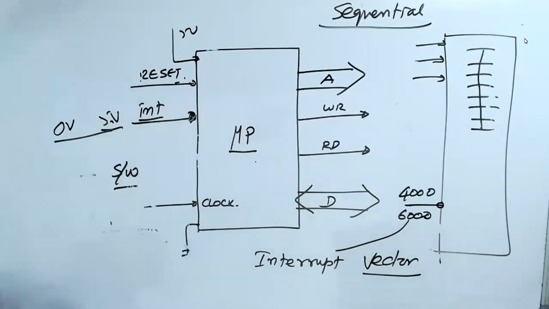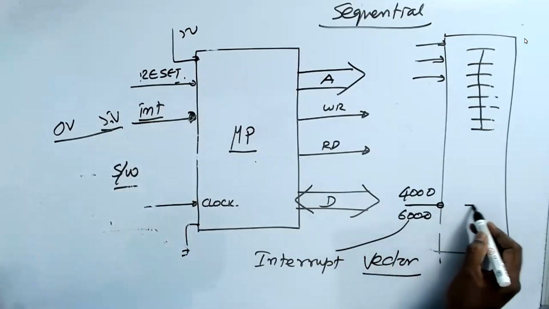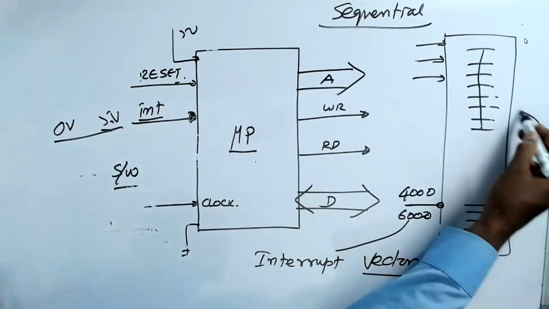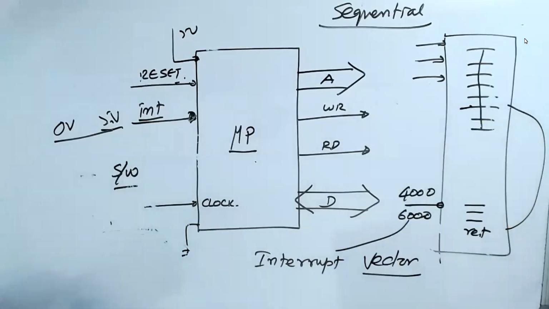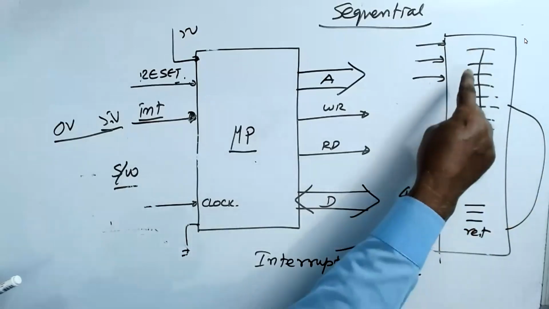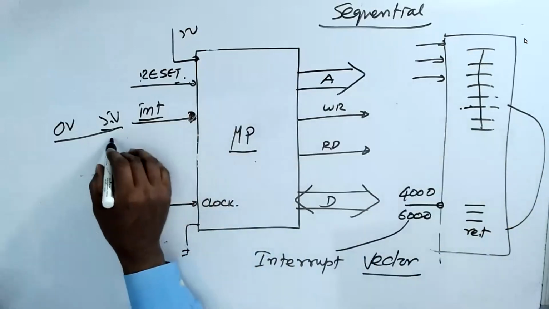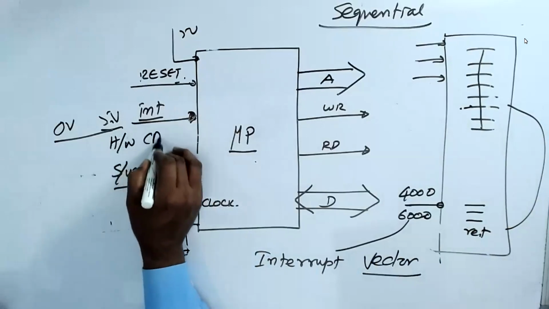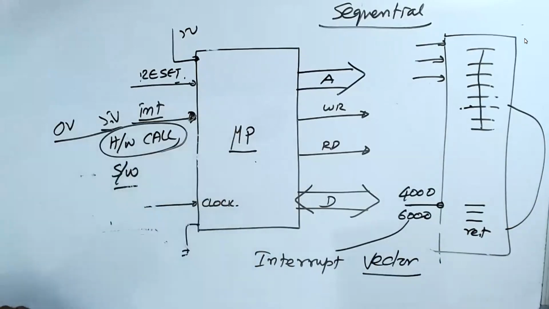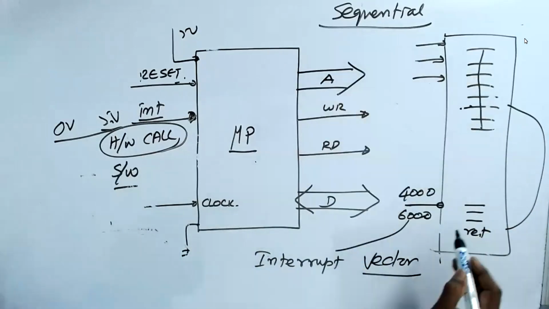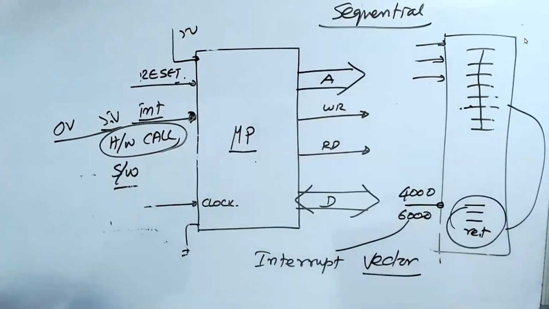Now, when you go to this instruction, when you say return, it will go back from where it has come. But without you executing any call instruction, when they get a 5 volt here, indirectly you can call a hardware call instruction. So you have to understand very clearly. This will come and come back when you do return. That's the thing. This function is called